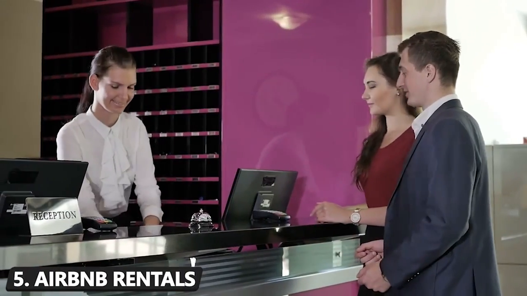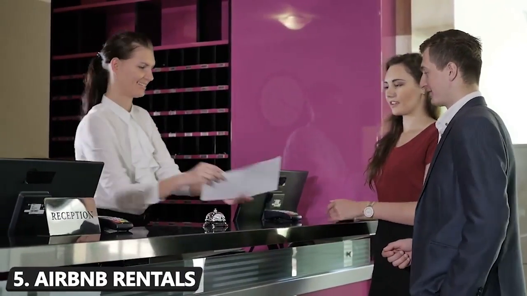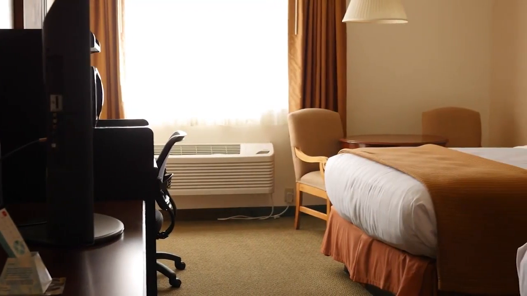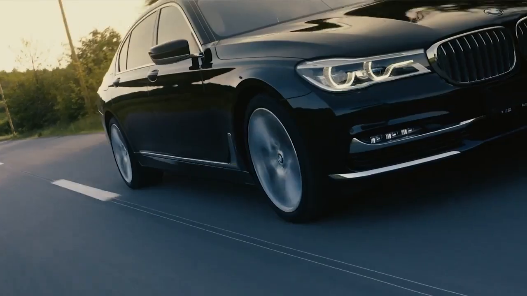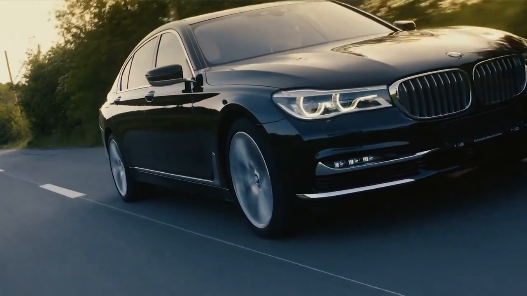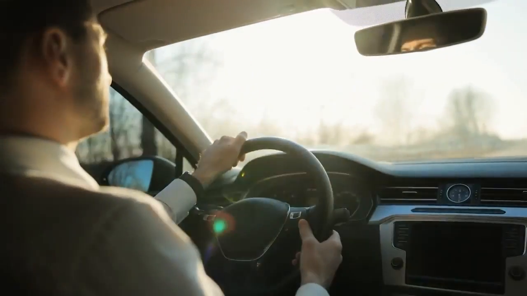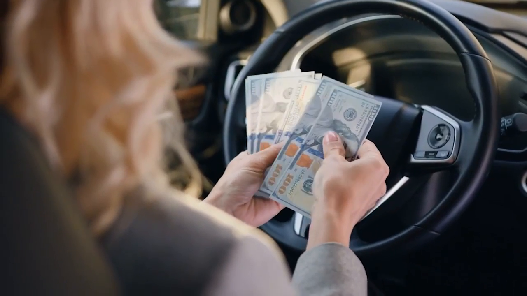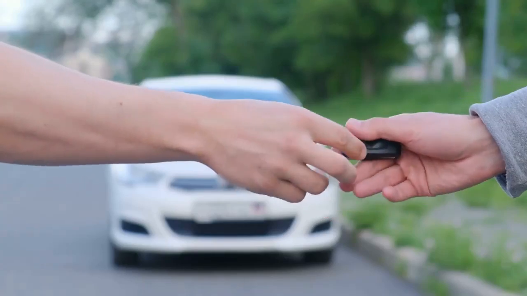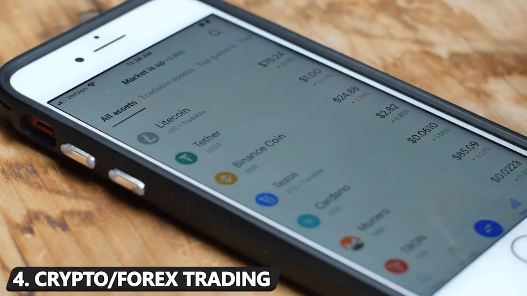Number 5. Earned rentals. Still looking for passive income ideas? Earned rentals is another smart way to earn side income to augment your main income. If you have a home, or a car you hardly drive that you don't want to sell, you can convert these assets to money-making generators. Earn is a great platform to find short-term renters who will pay to use your property for a fee.